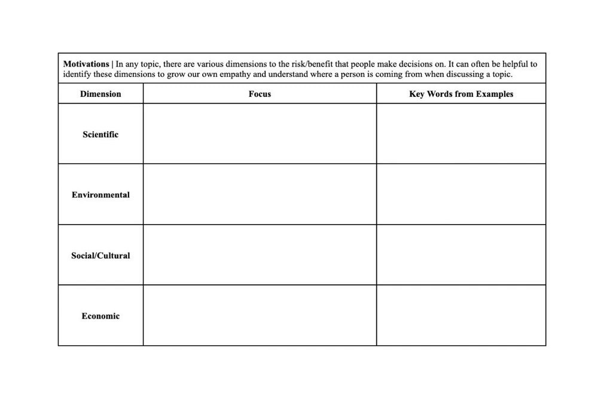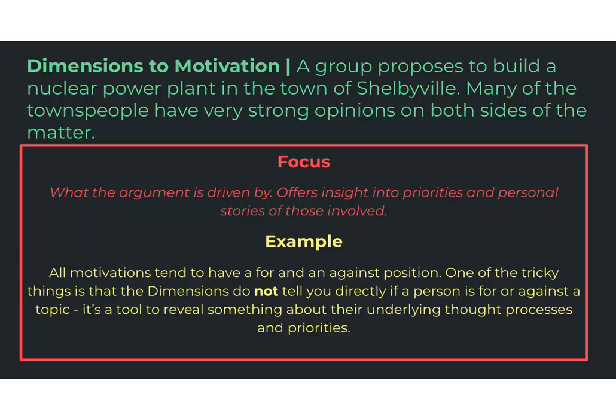For example, are they using data? So it says like the experts say, or data says, like those would be some keywords. Are they speaking from their heart? Are they saying things like I believe or I feel, right? Are they using phrasing like climate change? So whatever keywords you see in the example, I want you to jot down 2 or 3 keywords. So what is their focus? You can copy that from the slide, and then don't copy their example. You're just writing down the keywords. That's your task after the 3 videos.